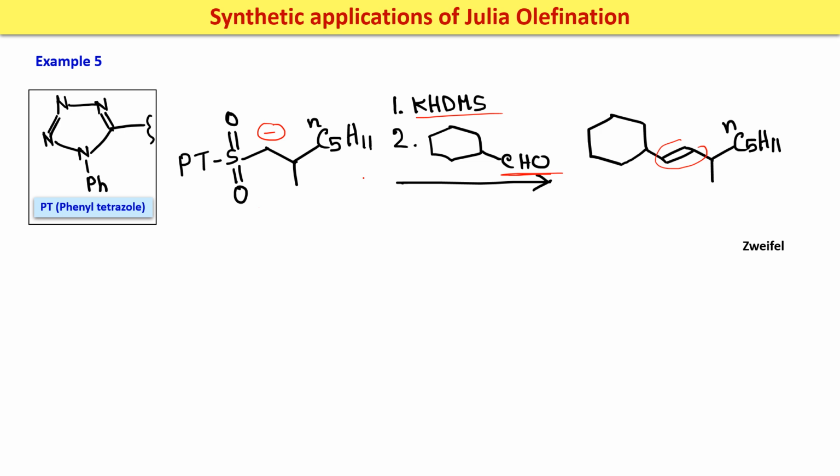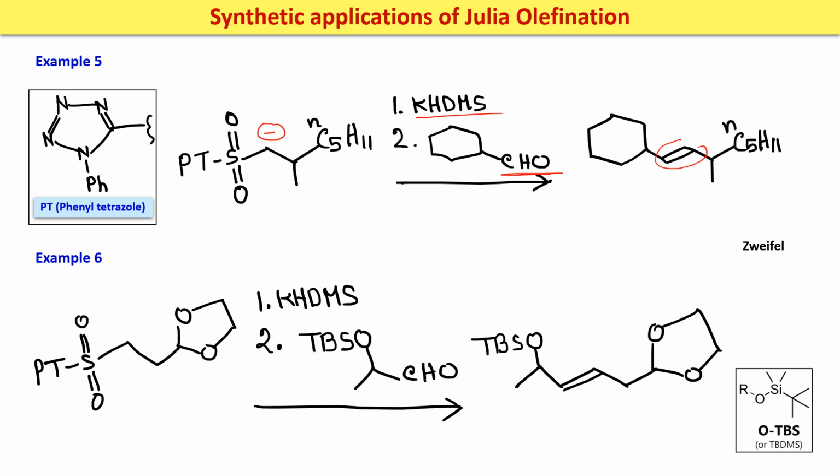Fine. Next example, this is taken from Zweifel. The second example, that is example 6, also from the same book. PtSO2 again, and here the carbanion will be generated in presence of KHMDS. Basically in these two reactions, temperature is very low. Temperature I have not mentioned, but as we know that when it is reaction with PT, then temperature, that is